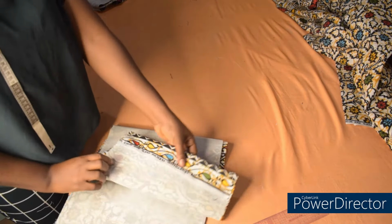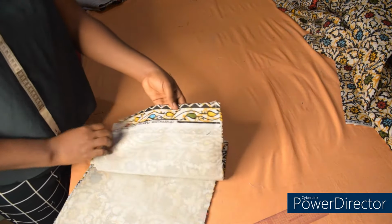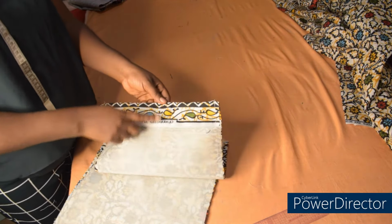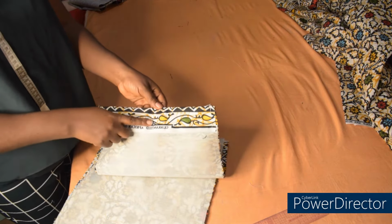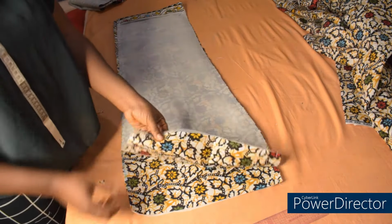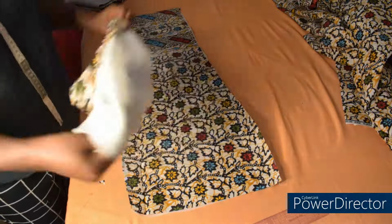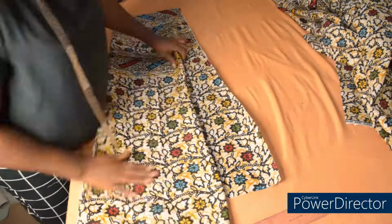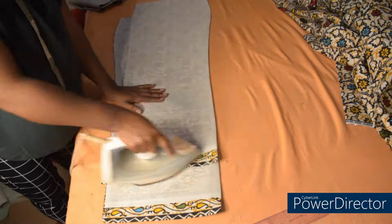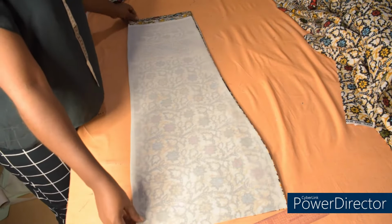So guys, this is the back side. After sewing the lining, this is how it will look like. As you can see, we have succeeded in using the lining to drag in the hemming allowance at this part. So we are going to turn to the right side now. The next step is to